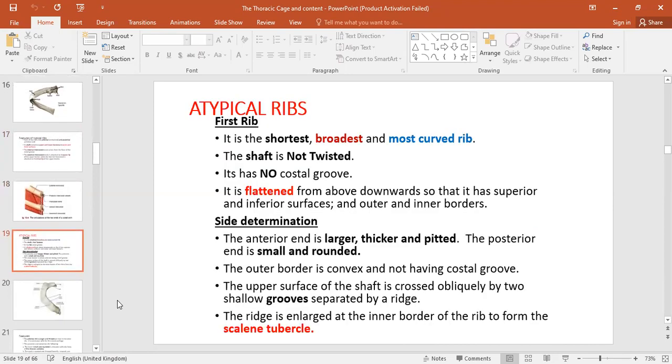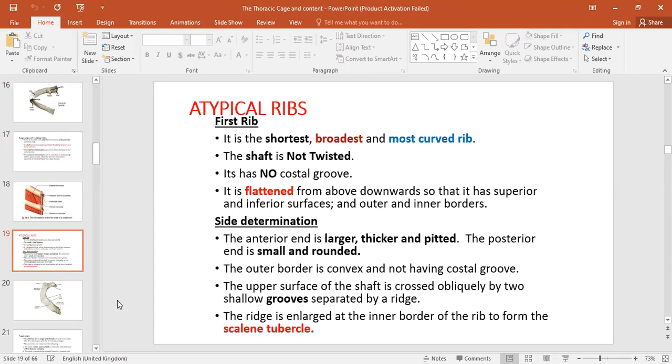So atypical ribs are modified ribs, or we can simply say special ribs, because they tend to have features that are not consistent with those of typical ribs. So let's look at atypical rib number 1, which is rib 1. Why is it modified or considered atypical? Number 1 is that it is the shortest rib